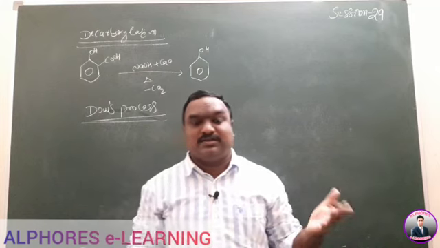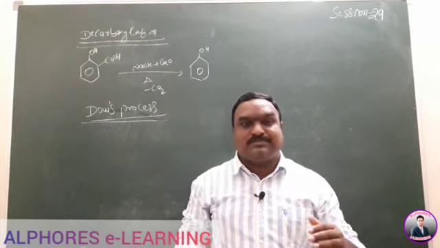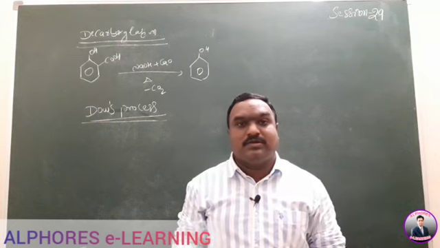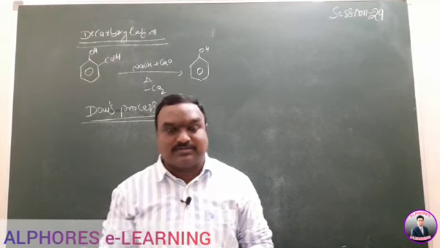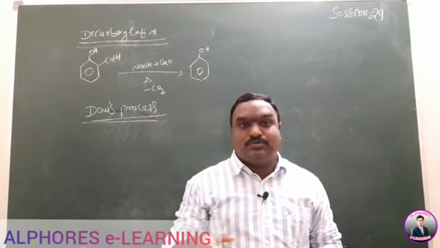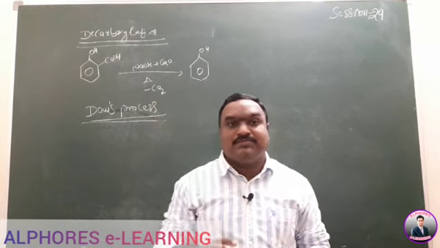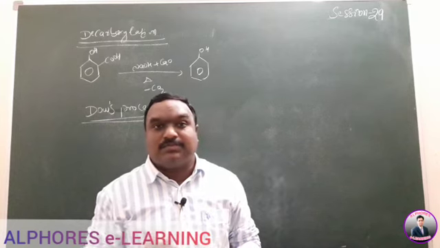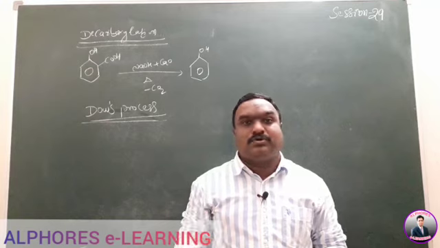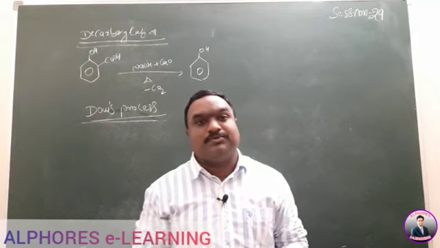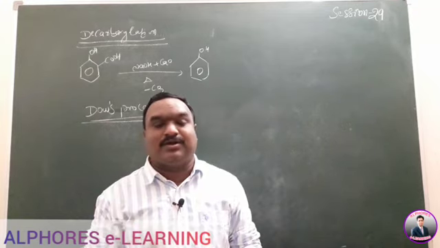The number of valence electrons is 7. One is participating in bonding with benzene. The remaining 3 lone pairs are there, 6 non-bonding electrons. But due to the presence of conjugation between the benzene carbon and the halogen electrons, the single bond becomes a double bond. There is a chance to form a double bond between the chlorine and carbon.